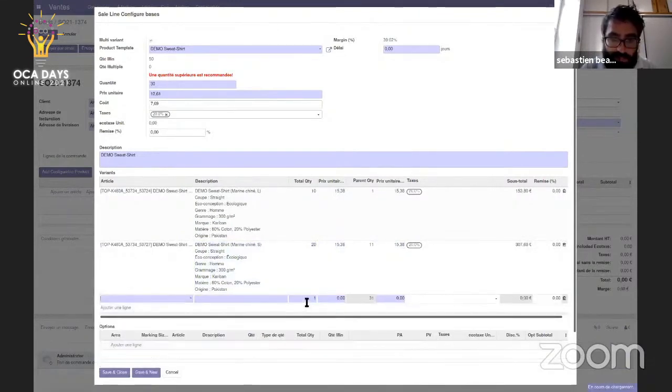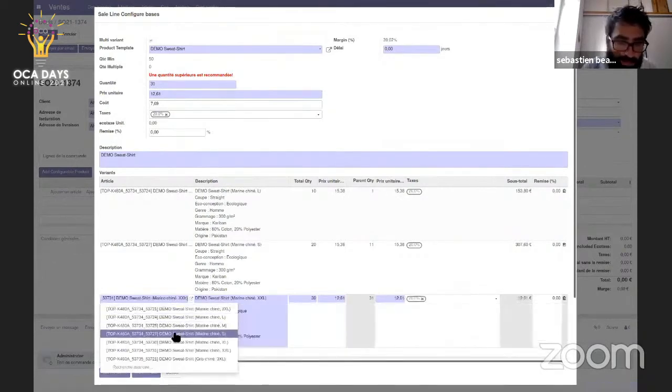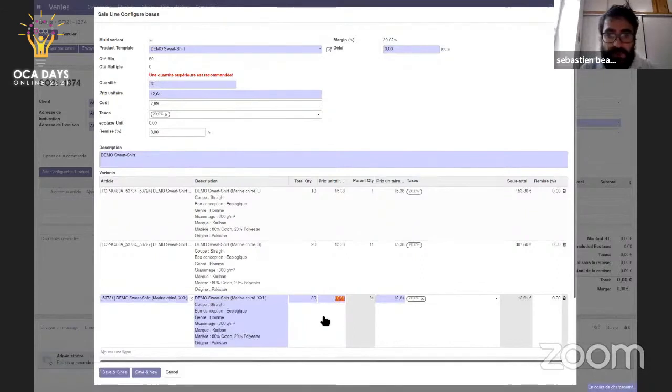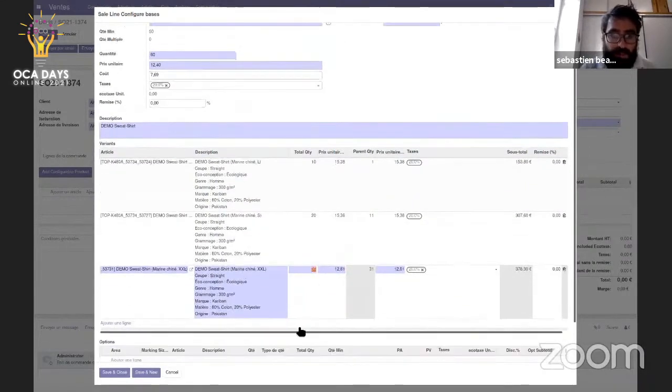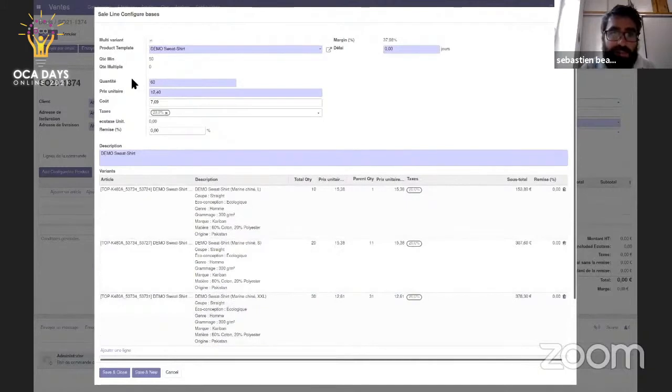And this one. So here, after selecting all of my variants, I have my total quantity of my line that is more than the minimum quantity.